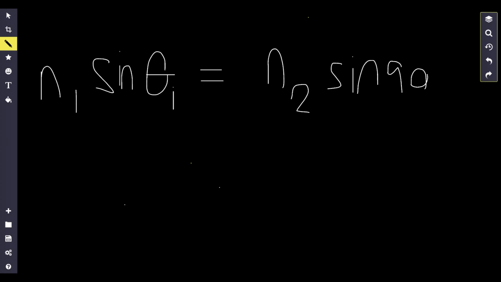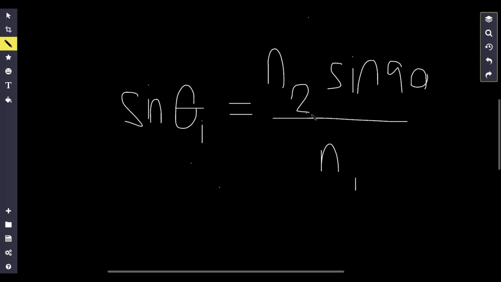Alright, so here's actually how you can find the critical angle. Remember, the critical angle of incidence causes my angle of refraction to be 90 degrees. So I can use Snell's law to explain everything. I want to find the angle of incidence that causes this refracted angle to be 90 degrees. First of all, I can just divide both sides by n1. That cancels out, and I get that sine of my critical angle is going to be equal to n2 multiplied